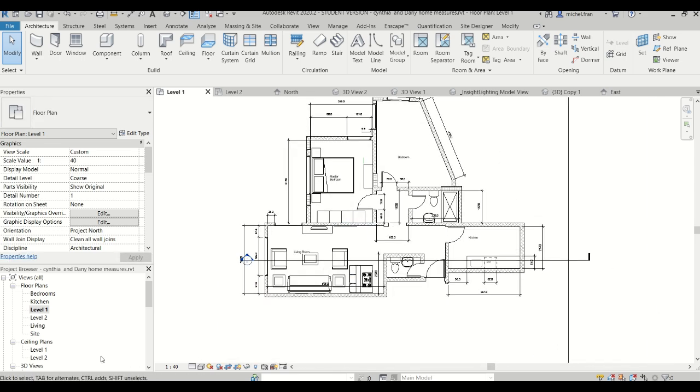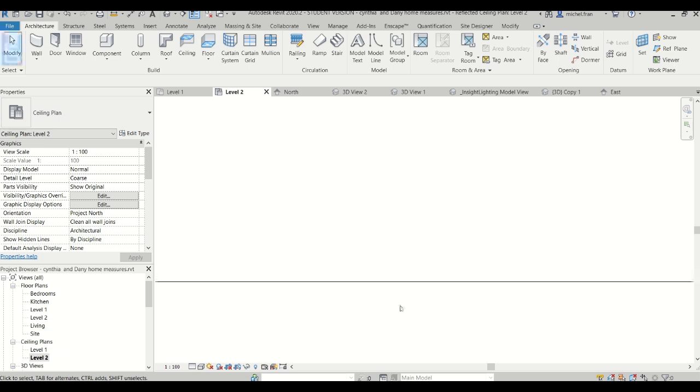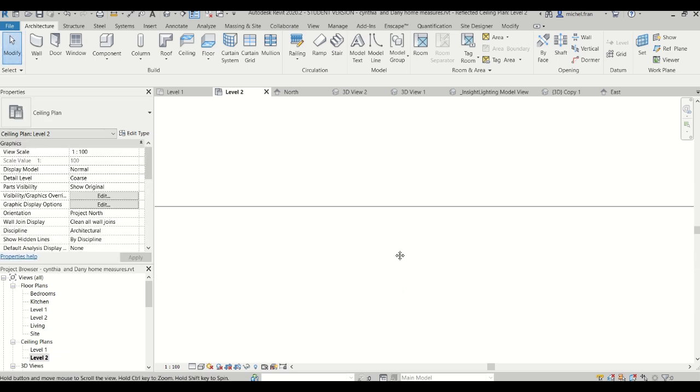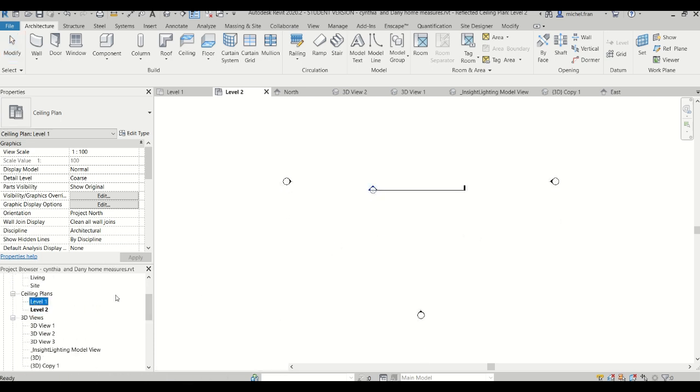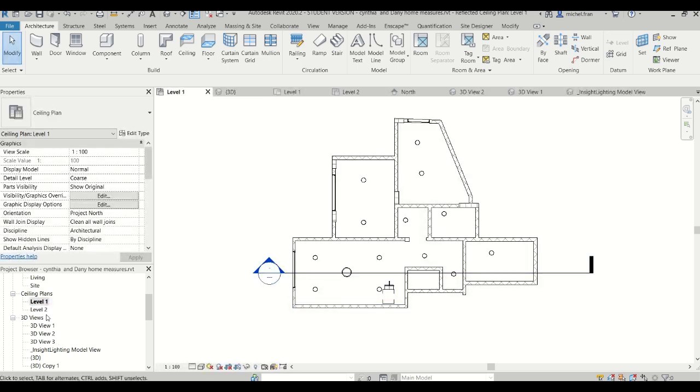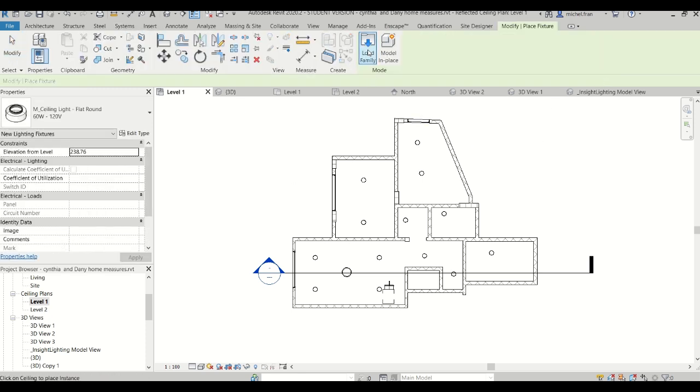So what you do is, here in the plan view, you can put all your elements and furniture and so on, and then you can go to the ceiling view, and in the ceiling view you can insert the lighting fixtures. Here it's in level 1, not level 2. So you can insert all the lighting fixtures, and to insert the lighting fixtures you can go to systems, and in systems you can go to lighting fixtures, and from there you can, if you don't have that family loaded,